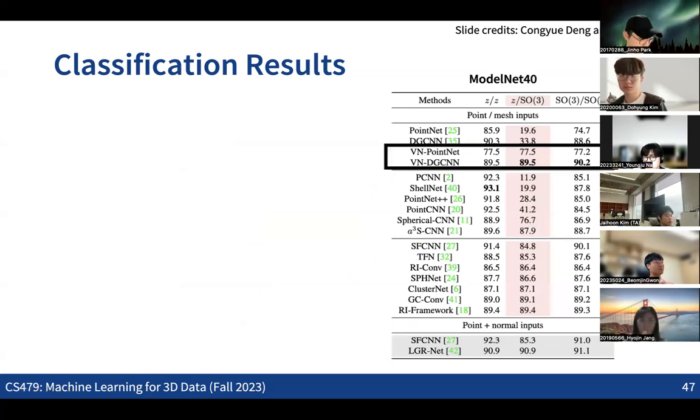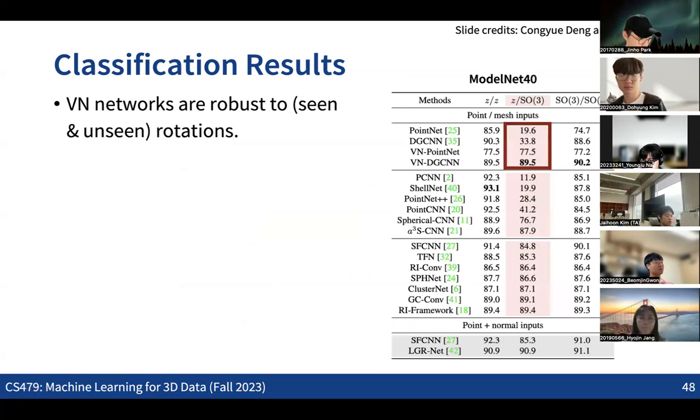And if you see the results here, what we can see is that this is the case where in the training time, we are rotating 3D models only along the z-axis. But in the test time, we are applying arbitrary rotations. So if you see the results of the PointNet and the DGCNN, obviously the performance is really low because for those 2 neural networks, if you start to apply arbitrary rotations, then the 3D models become a completely new 3D point cloud that has not been observed in the training time. So that's why the accuracy becomes very low in those cases.